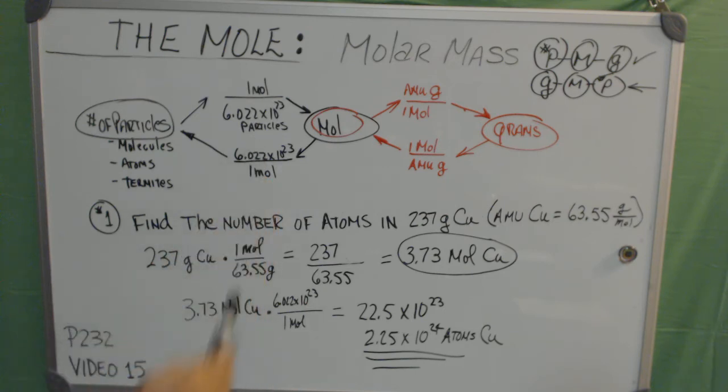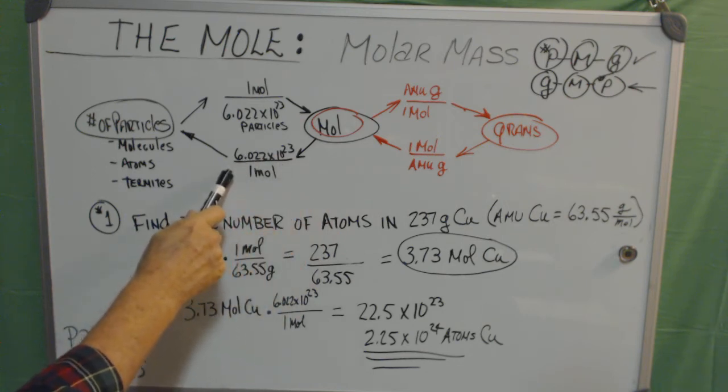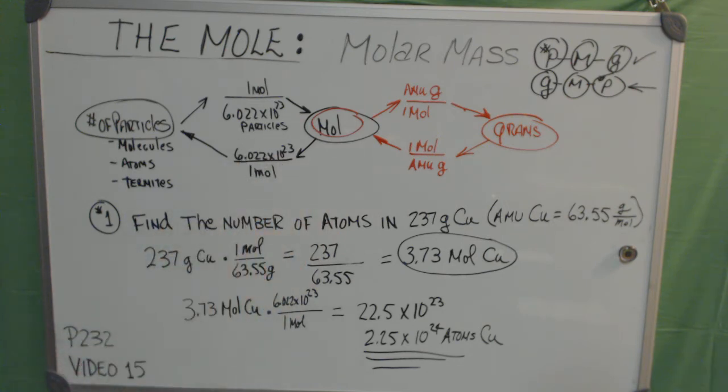And which conversion factor do I use? I want the moles to cancel, and I can see in my model here that this will be the conversion factor. So I put 6.022 times 10 to the 23rd. That would be copper atoms in 1 mole of copper. Okay, the moles cancel out, and I end up with a multiplication problem. 3.73 times